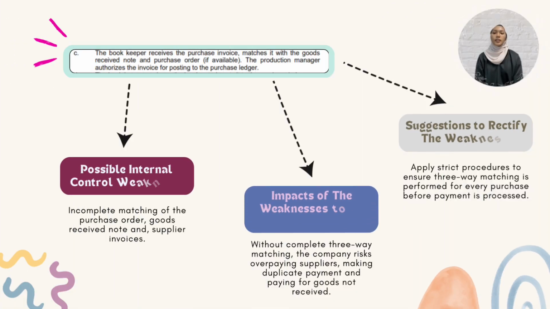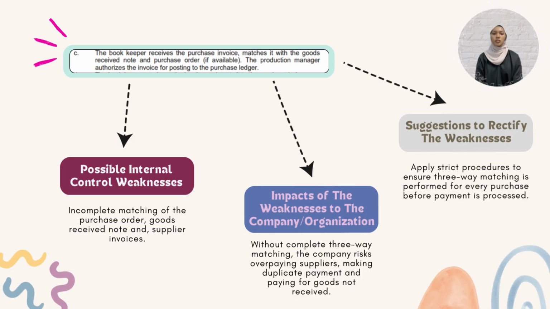Next, the third finding is the bookkeeper receives the purchase invoice and matches it with the goods received note and purchase order, if available. The production manager authorizes the invoice for posting to the purchase ledger. First, possible internal control weakness: incomplete matching of the purchase order, goods received note and supplier invoice. Second,